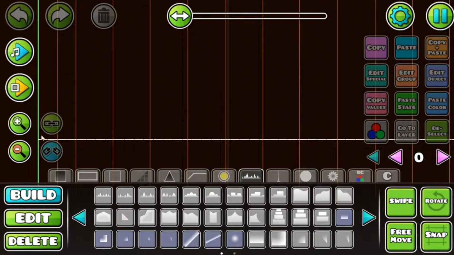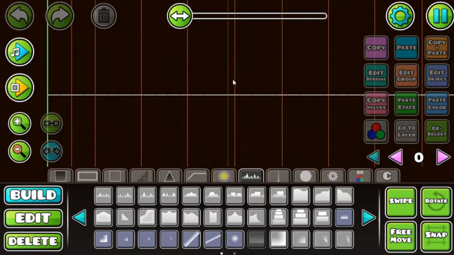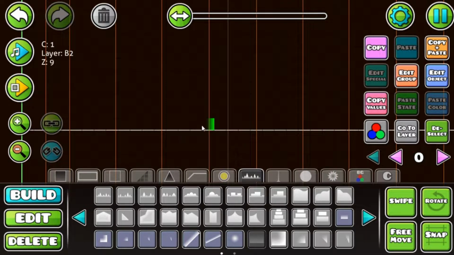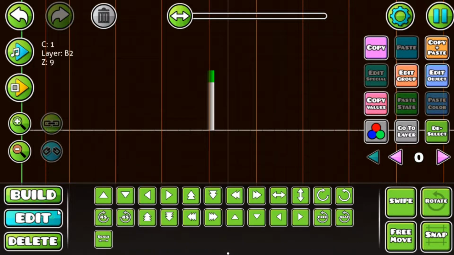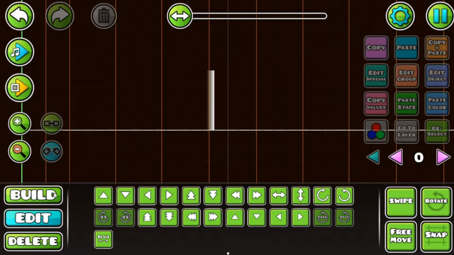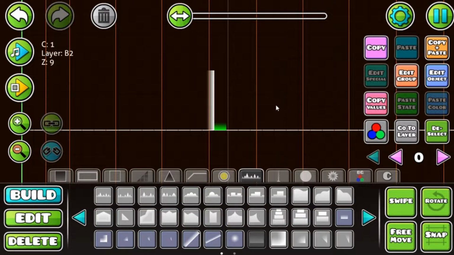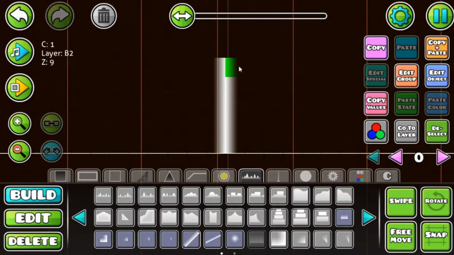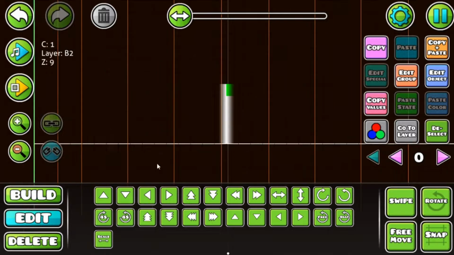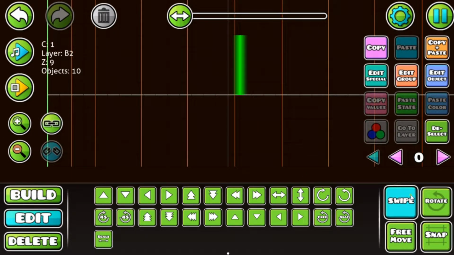Go to this section right here, and you're gonna go with these gradient objects right here. We're gonna make a column like this of 5 gradient objects. Then copy paste, then turn, or maybe not. We're gonna place it here, then rotate it like this, and then place so it aligns and makes a laser. We're gonna move it down somewhere right here,